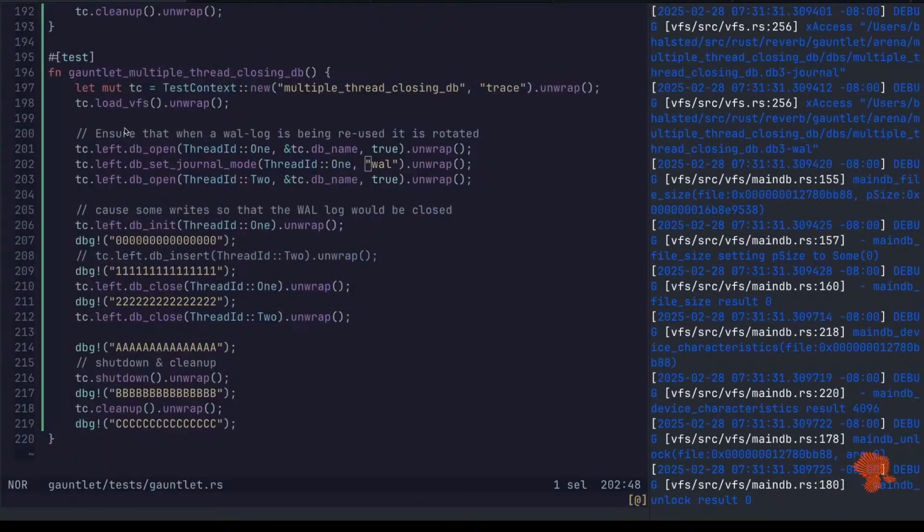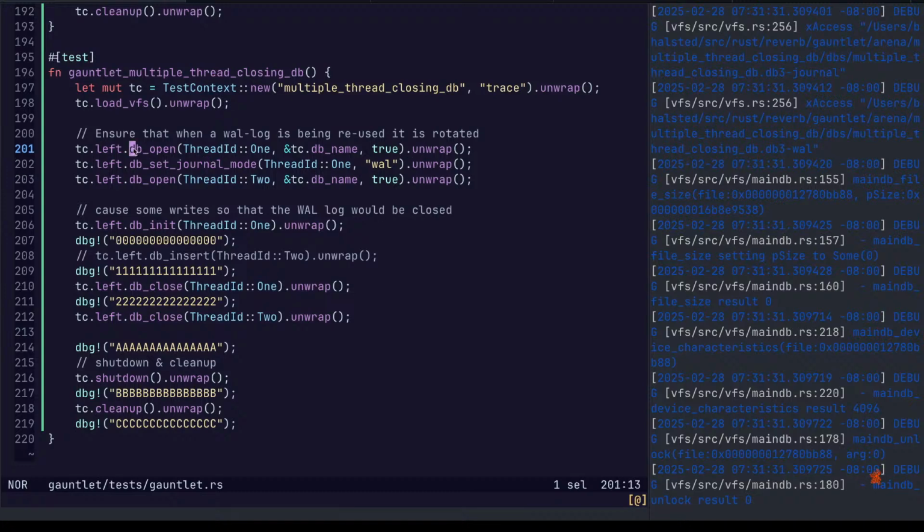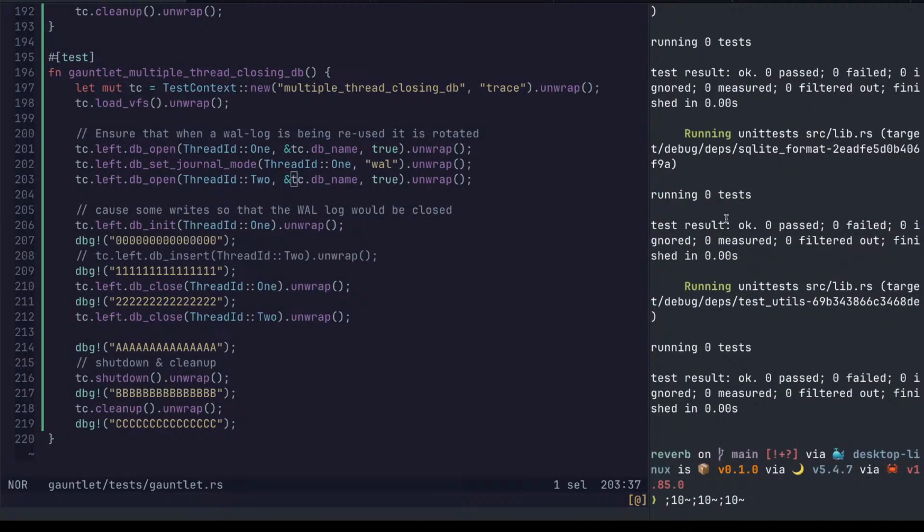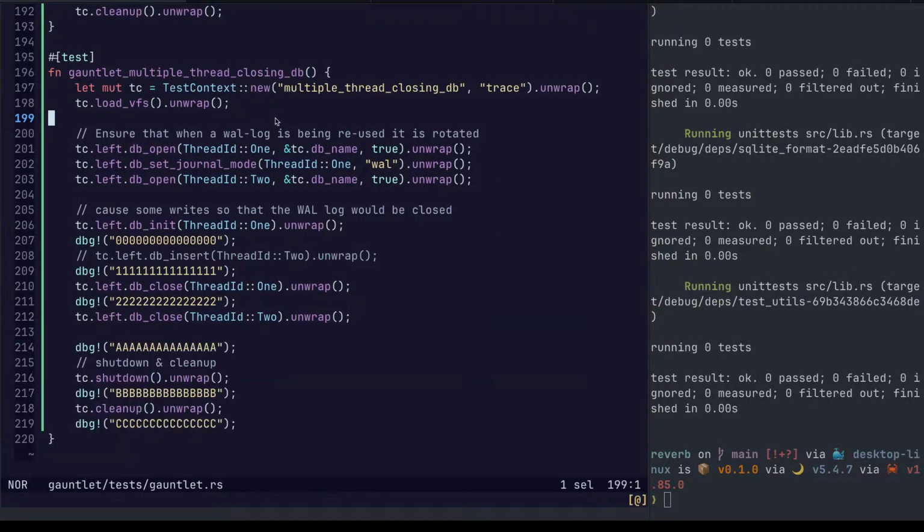Did I comment out something? That is saved. Okay, we know the VFS is loading, but why is it only going into wall mode?